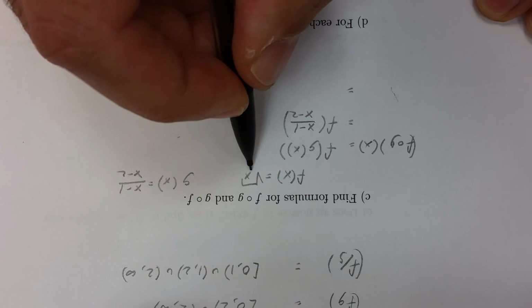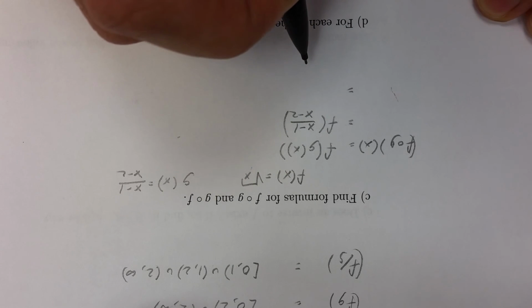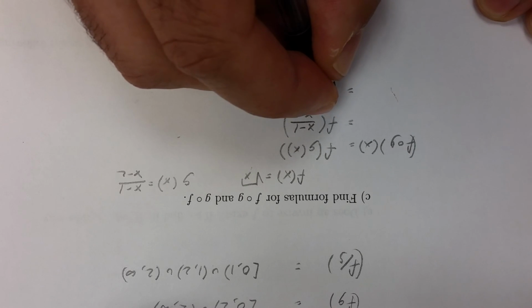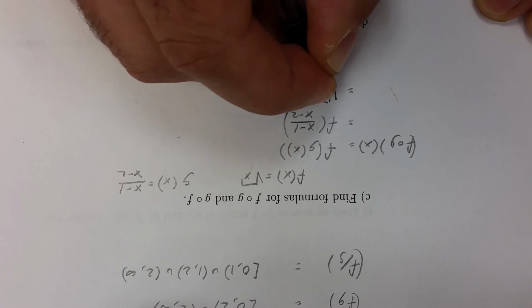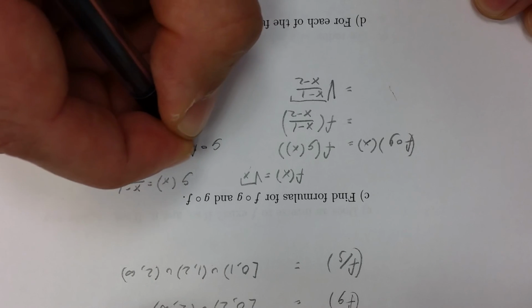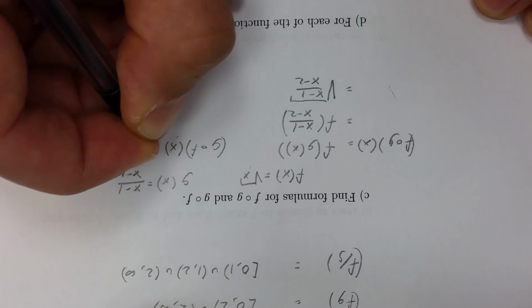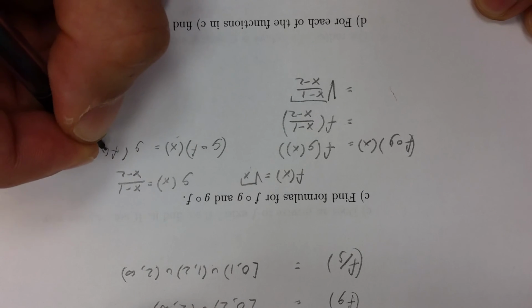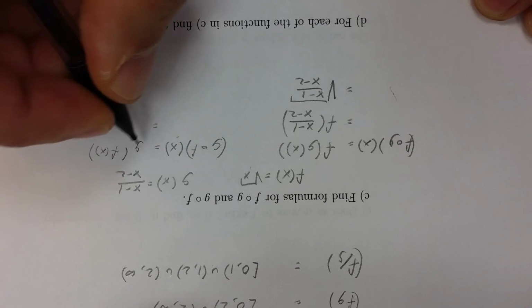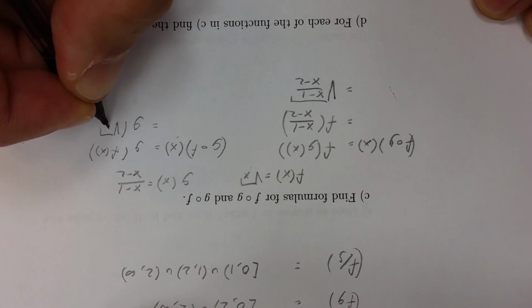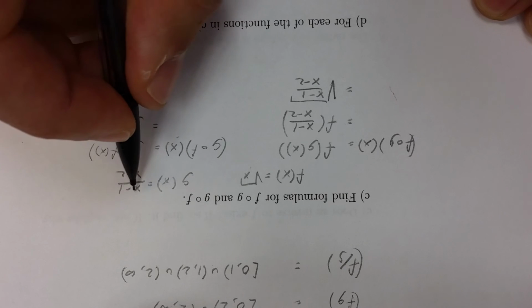F of x is square root of x. F of box would be square root of box. So f of x minus 1 over x minus 2 is just the square root of x minus 1 over x minus 2. F just takes the square root of everything. Now g composed with f is g with f of x in parentheses. And this is equal to g of the square root of x. So g of x is x minus 1 over